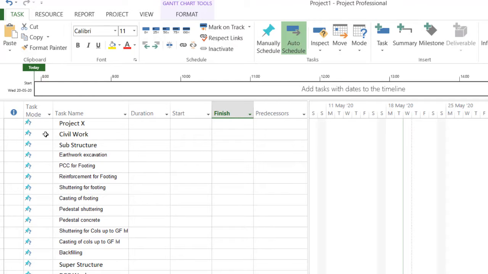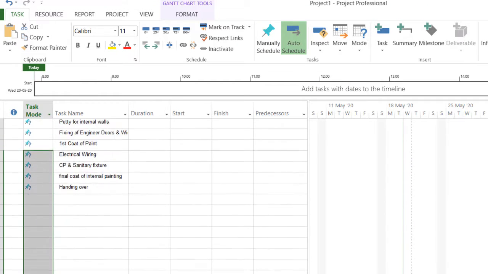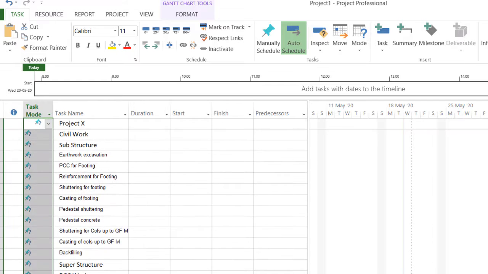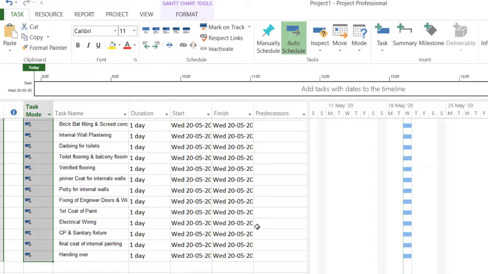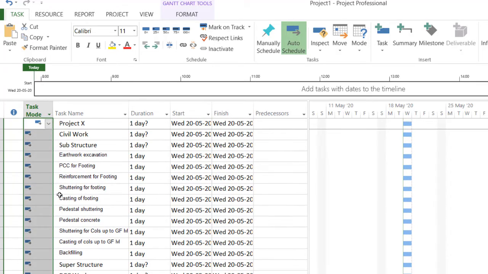Okay, I'll first select all the activities. If I do auto schedule, what will happen? It will get linked up. The start date will be from the current date, 25. By default it will take all the activities per day and link them to the individual activities, and you can see that on the same date everything will be completed.